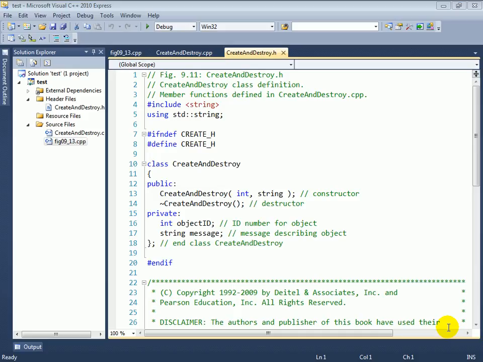Figures 9.11 through 9.13, the order in which constructors and destructors are called. So far as we've introduced the concepts of class definitions, one of the key concepts we've discussed is that of the constructor, which is called when an object of a class is created, so that you can make sure that the object gets initialized at the time that it's created and is already in a consistent state for use by